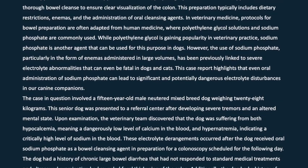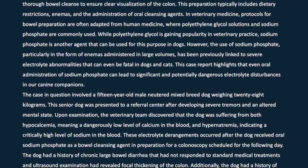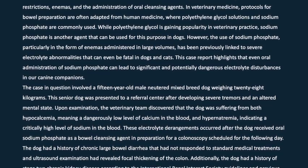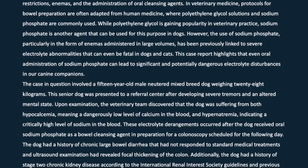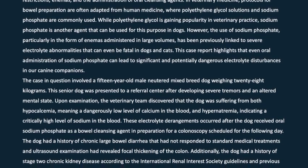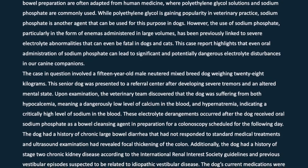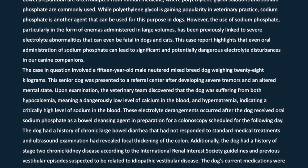However, the use of sodium phosphate, particularly in the form of enemas administered in large volumes, has been previously linked to severe electrolyte abnormalities that can even be fatal in dogs and cats. This case report highlights that even oral administration of sodium phosphate can lead to significant and potentially dangerous electrolyte disturbances